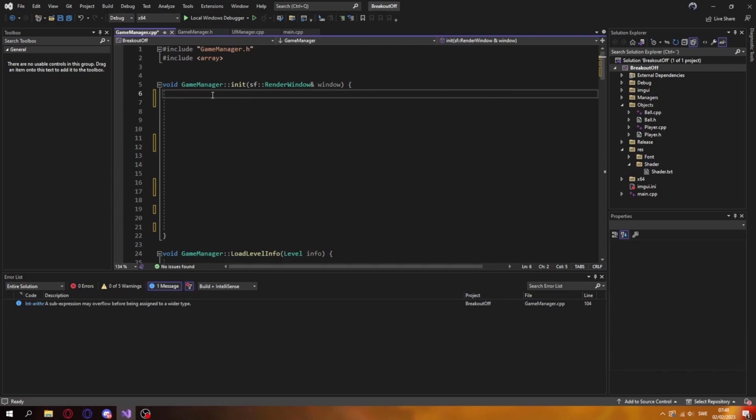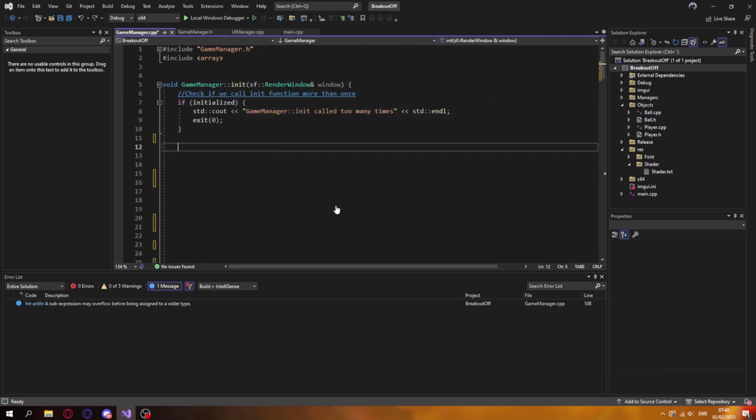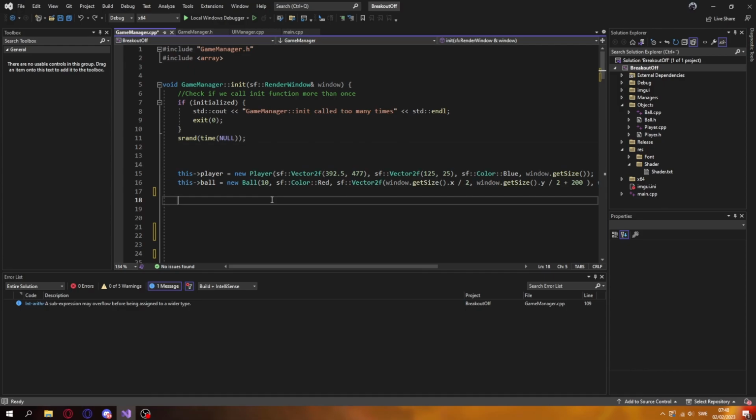So first, in our init function, we're gonna check if we have initialized it before. And this srand line is used for randomizing the color of our board objects. Not entirely sure how this works, but it works, so that's enough for me. I'm pretty sure it's giving a new seed every time, dependent on the current time, but I'm not entirely sure. And then we're gonna create a new player and a new ball,